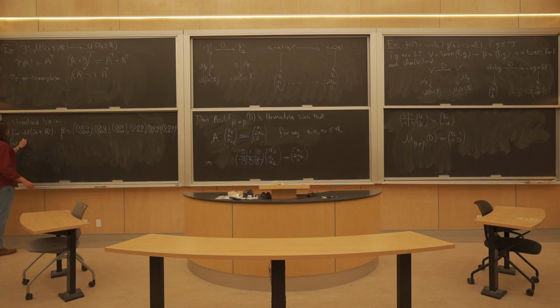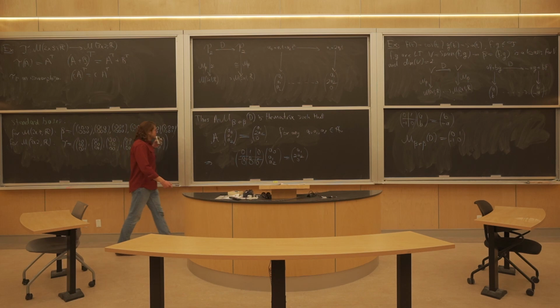And for M3,2, now I need to use 3 by 2 matrices. And just like I did in the case of 2 by 3, in the case of 3 by 2, again, I'm running through the entries. These certainly span the vector space of 3 by 2 matrices, and they're also linearly independent. Okay? So now that we have charts,